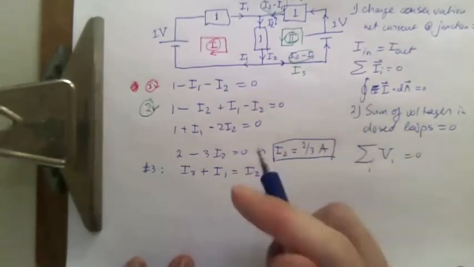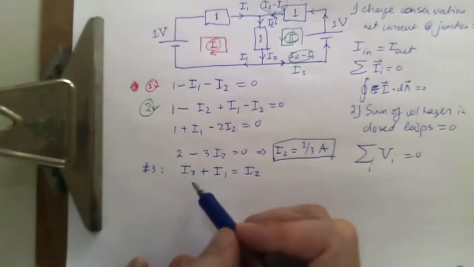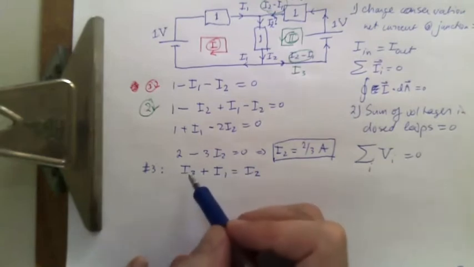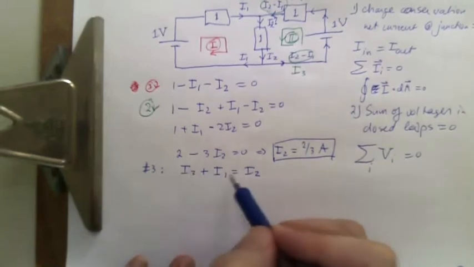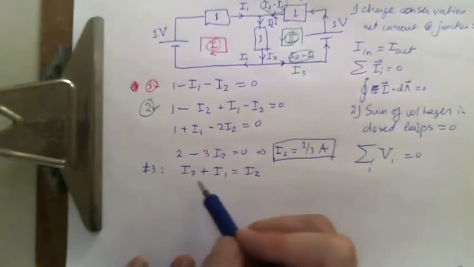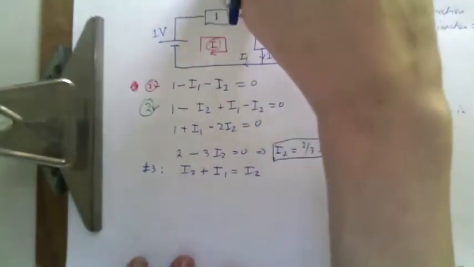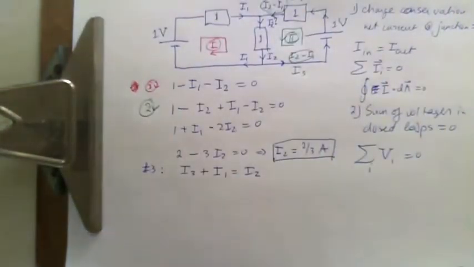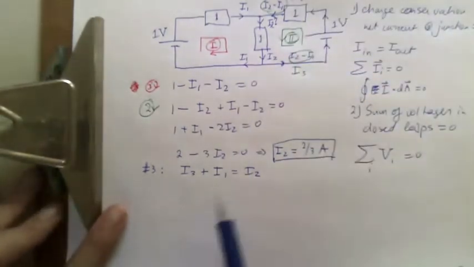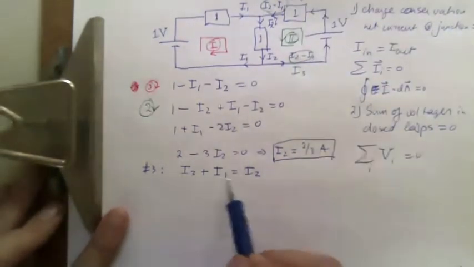You could also set up a Cramer's rule problem for this, where you say, okay, I'm going to make this into a 3x3 matrix, but every equation that you add adds one row and column to the Cramer's matrix, which means that the determinant is going to be more and more tedious to calculate. So I usually don't